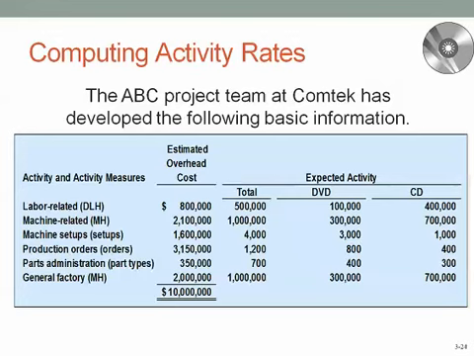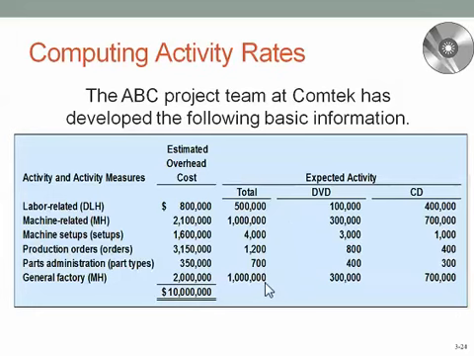We're going to take our total estimated factory overhead of $10 million and slice it into 6 different pools: a labor-related pool, a machine-related pool, a machine setup-related cost pool, production order cost pool, a parts administration cost pool, and then our catch-all of general factory overhead. We're going to take our estimated overhead cost for each one of these pools and divide it by a total